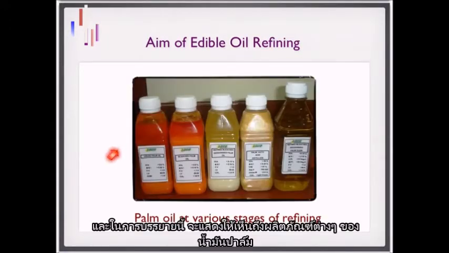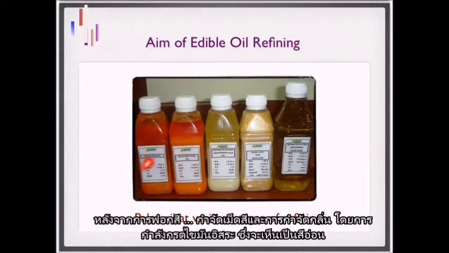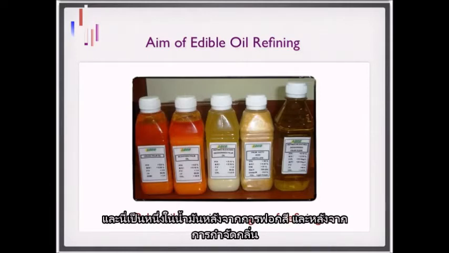In this picture, you can see various palm oil products at various stages of refining. So for example, on the left here, this is a crude palm oil. Then after the bleaching stage to remove the pigments, you can see the color is lighter. So this is a bleached palm oil. Then